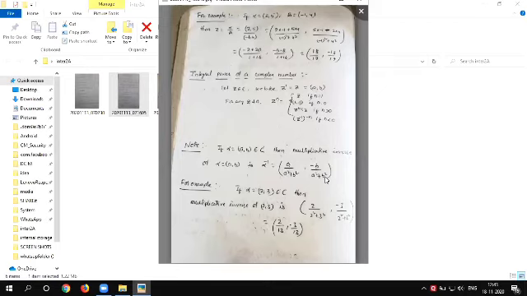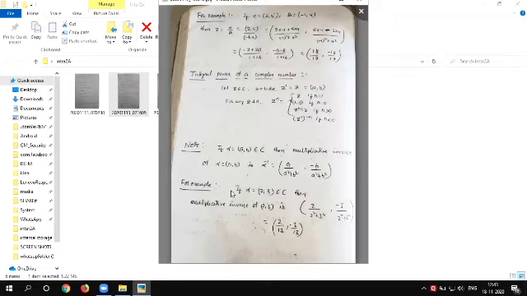If we forget this, what do we have to do? Simply write alpha equals a comma b, that equals a plus ib. Alpha inverse is 1 by alpha, which equals 1 by a plus ib. Now use the rationalizing the denominator method, and we get a by a square plus b square, comma minus b by a square plus b square.